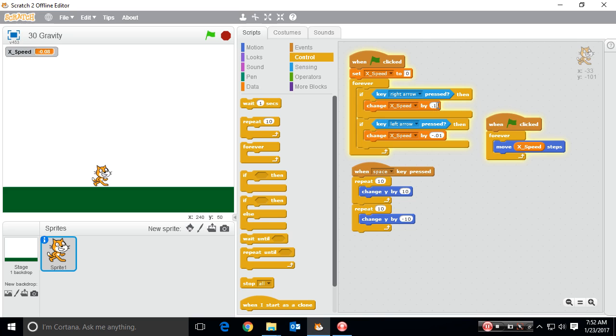So, if you remember from the other video, oh man, that cat's just floating off the ground like that. We'll fix that. We're trying to make gravity, but it's bugging me right now. Okay, there we go. And I can build up speed and go faster, faster, faster, and then I have to